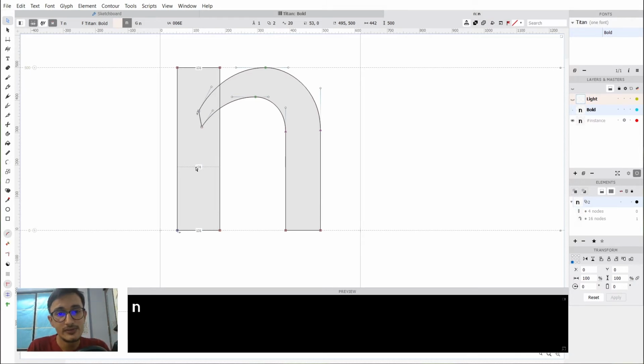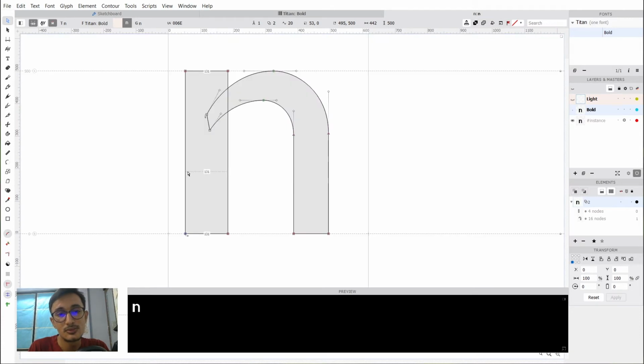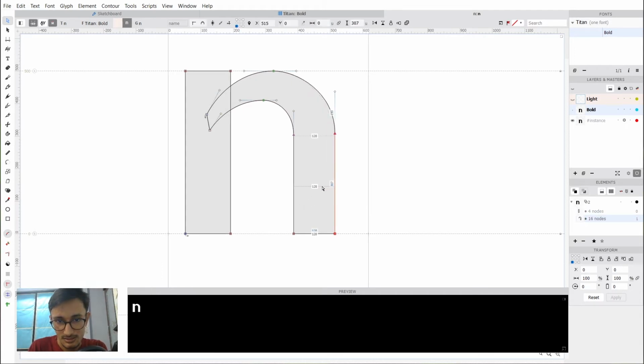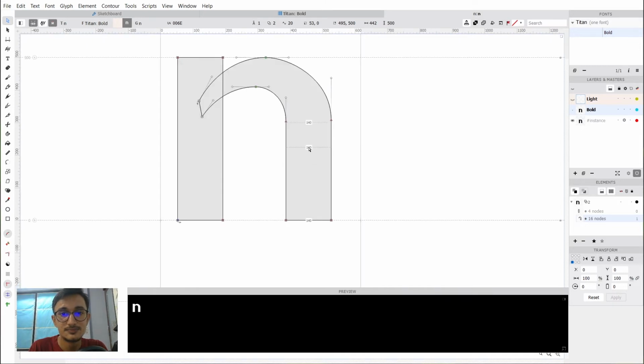So now we will define what width or what thickness our typeface will be. For bold weight, it is recommended that it is like 140, or you can make it whatever you wish, but let's say we want to have 140 width. From this measurement panel you can see the